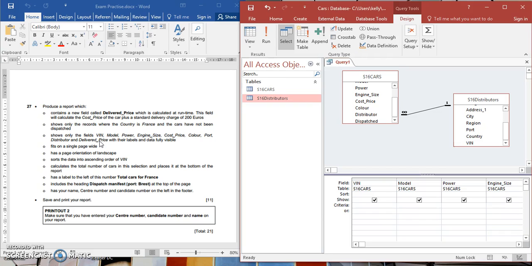When you go on to your report, you're going to notice there may be a couple of fields that are not there, and you're going to have to go back to your query. Obviously, this is a complete waste of time. So we're going to check